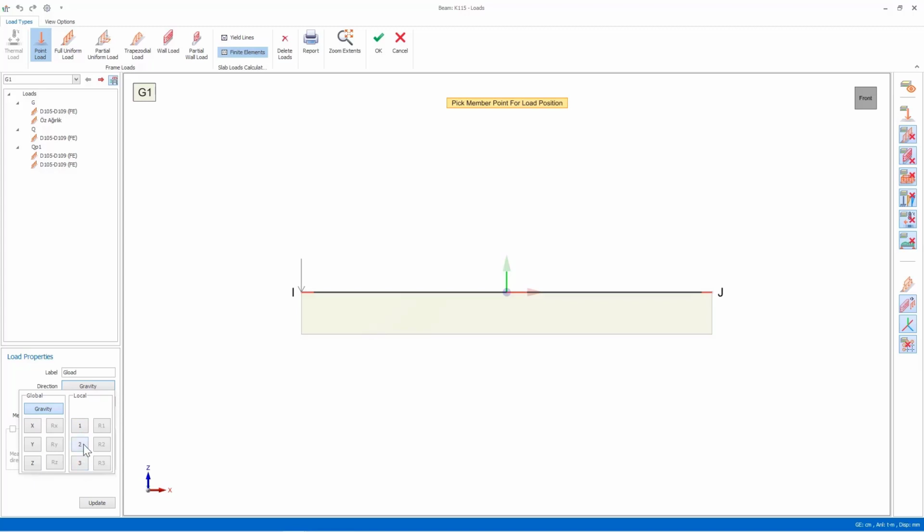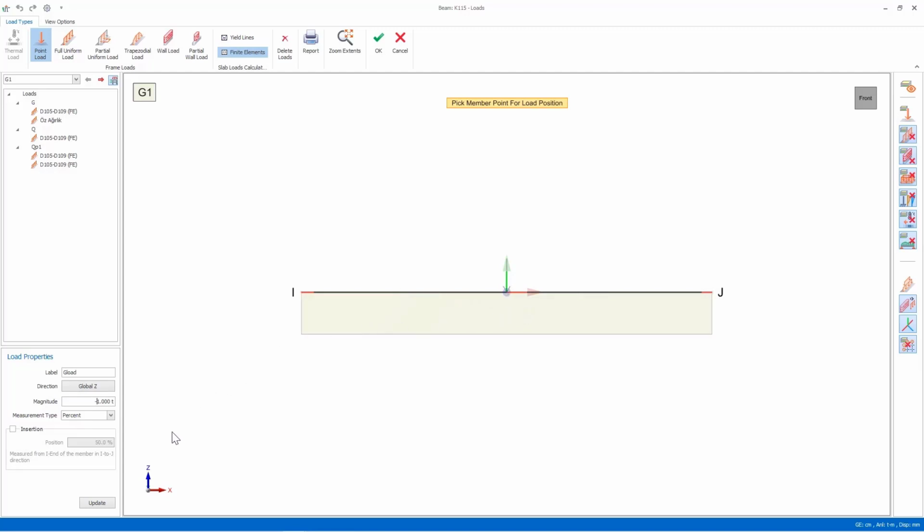Force vectors can be defined in X, Y, and Z. Global axis directions are X, Y, Z, and local axis directions are 1, 2, or 3. Let's enter 1 ton as the load value. If you selected gravity as the direction, positive values mean that a downward load will be defined. However, if you have chosen global Z as the direction of the load, then you must enter a negative value to apply a downward load. The positive directions of the axes are shown on the screen.